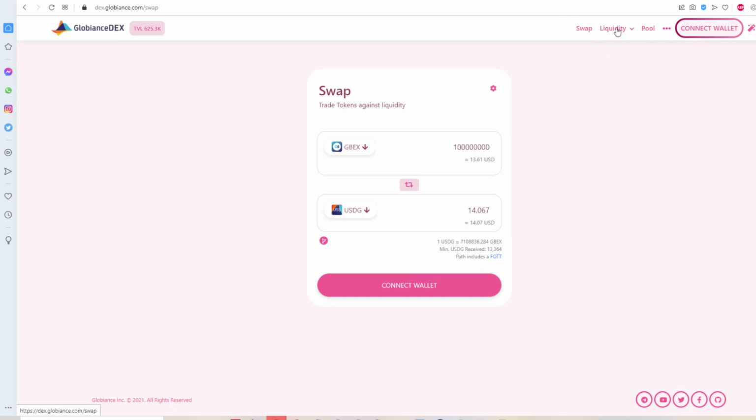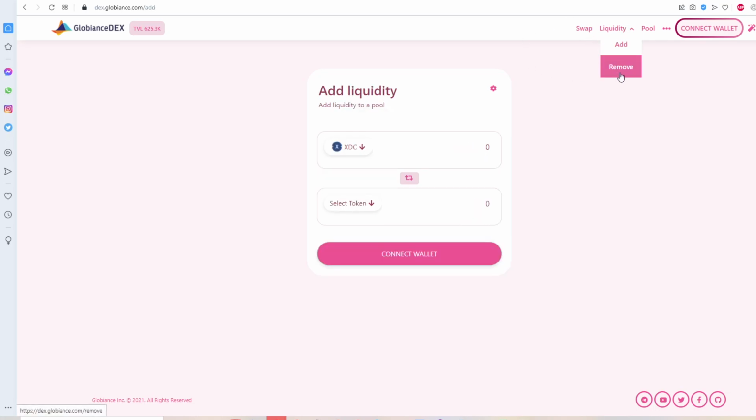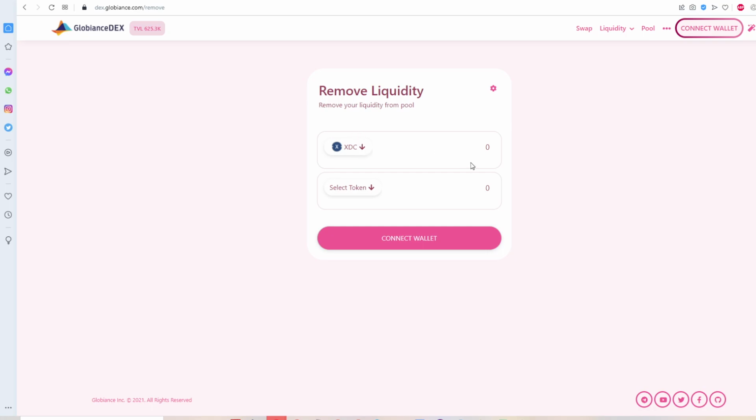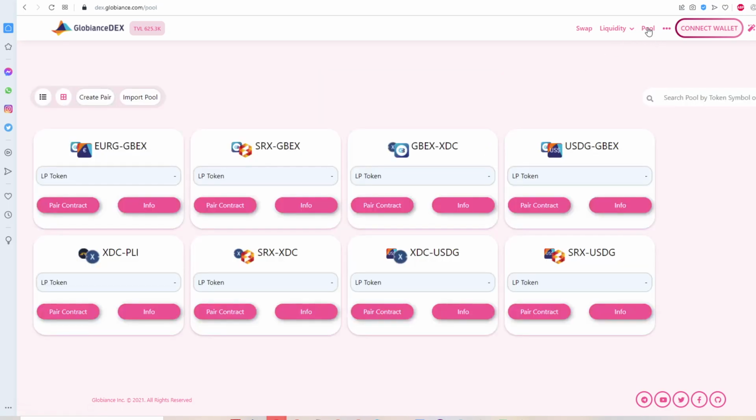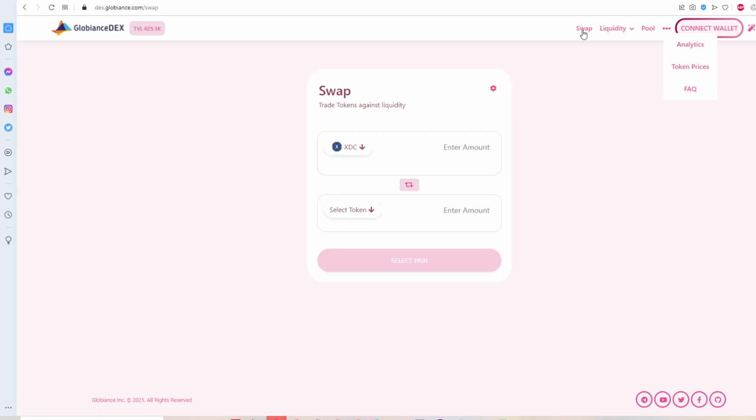So the swapping we have, the liquidity. If you remove your liquidity, it will also tell you how much you get out, so it will calculate it for you. I cannot show you that right now. With the pools, that should be roughly clear. And yeah, just to be sure,